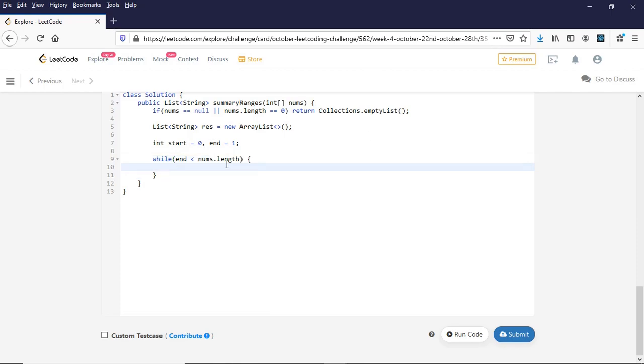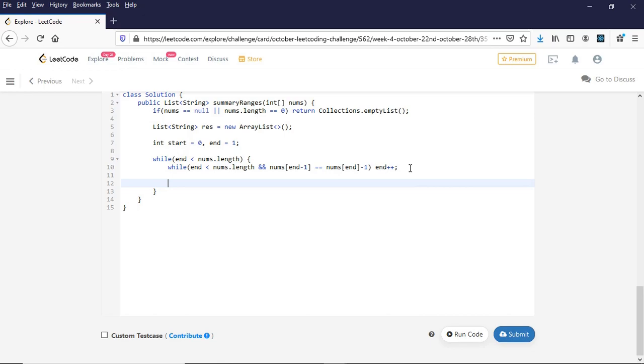Now I can increment end until my current value minus 1 is not equal to the previous value. So that's what I'm doing here. In a while loop I am incrementing end while end is less than nums dot length, and also nums of end minus nums of end minus 1 equals 1. So my current nums value minus 1 equal to my previous nums value means it's consecutive, so I can increment my end's range.